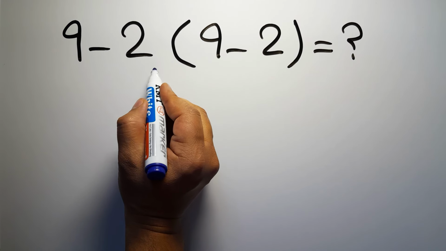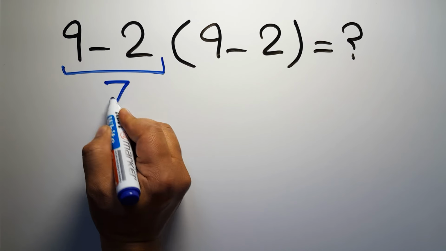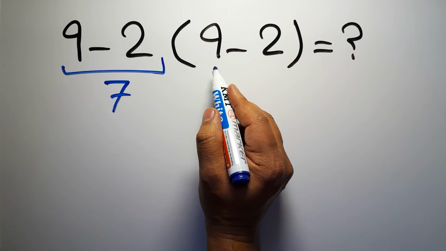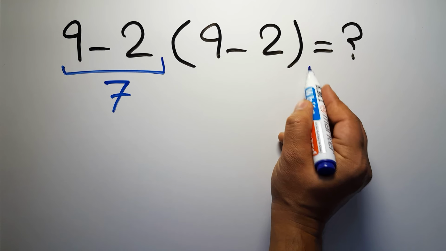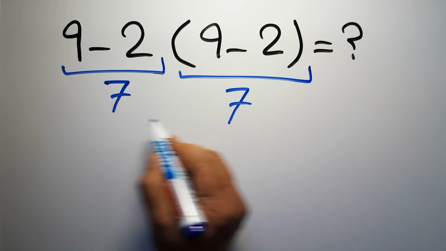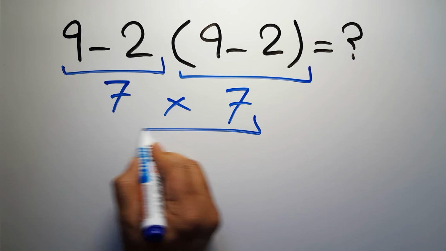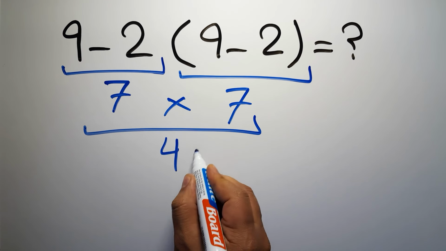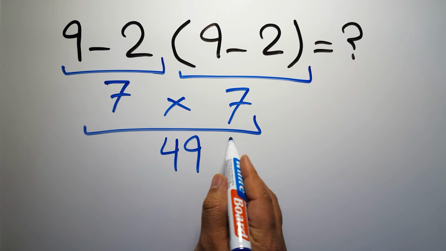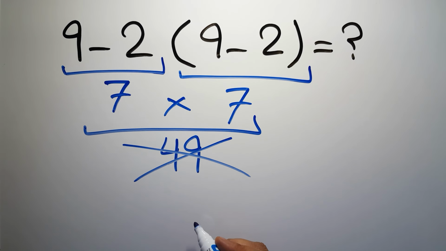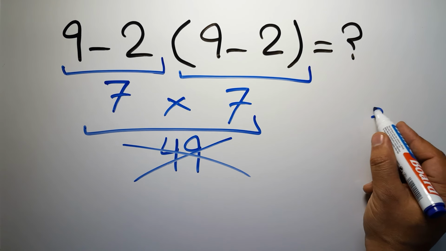9 minus 2 equals 7. And again here inside this parenthesis we have 9 minus 2. So 7 times 7, which equals 49. But this answer is not correct, because according to the order of operations, first we have to do parentheses,